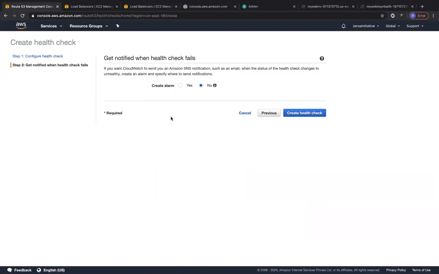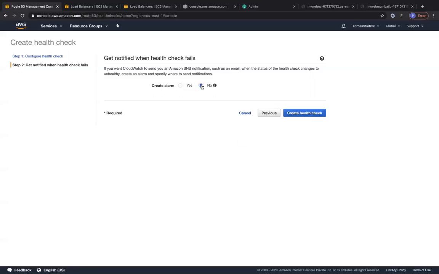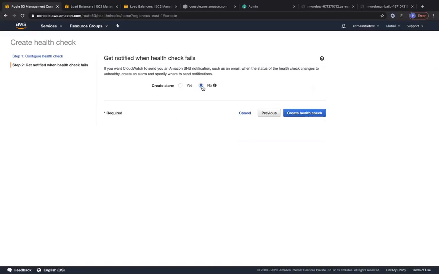Over here, you can choose whether to create a CloudWatch alarm, through which you can notify the administrators of your AWS account, or probably the infra team, stating that one of your infra is down and so on. I'm not going to configure an alarm over here for when the health check fails, but you could also do that. You can send it to an existing SNS topic or to a new SNS topic, right? Just know that you can trigger alarms to intimate your infra setup team that one of your infra is down. So let's go ahead and create this health check.